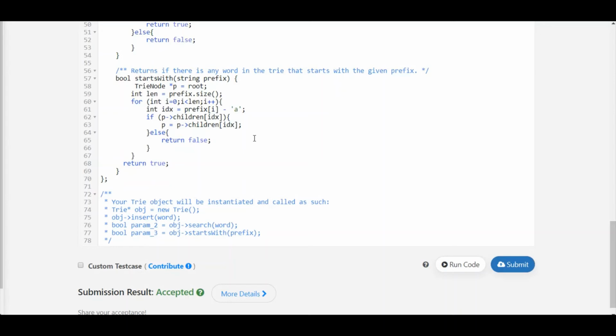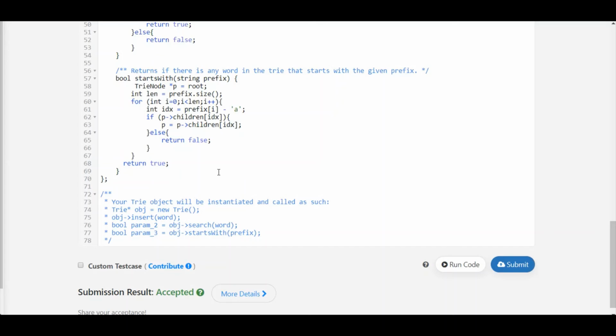And for the prefix search, everything is the same. The conditions are also the same, and if we do not find a letter at some point, we just return false. Else, if we come out of the loop, that means each of the letters was present, and we just return true. We do not check value because this is just searching for a prefix.